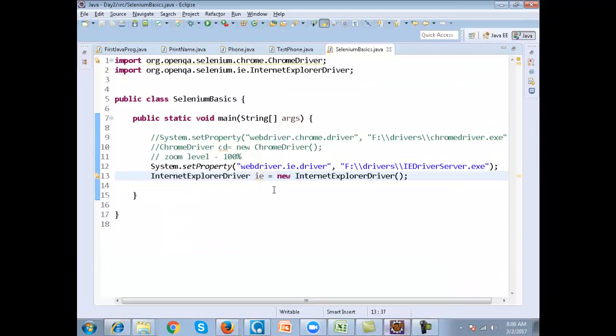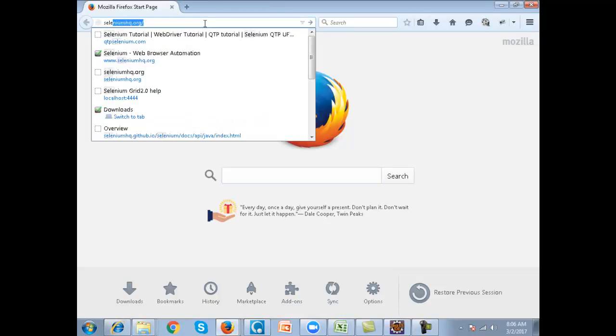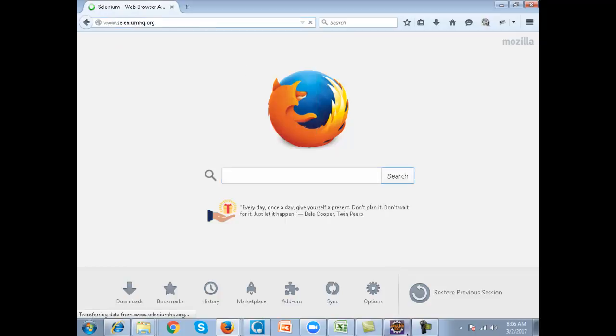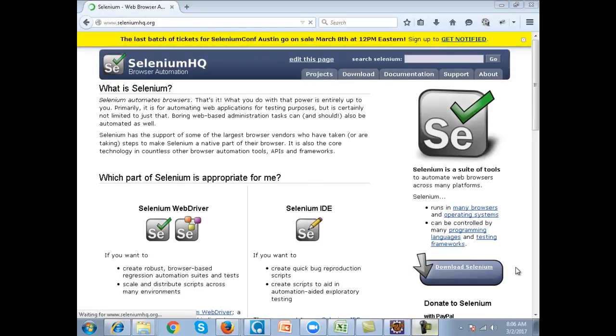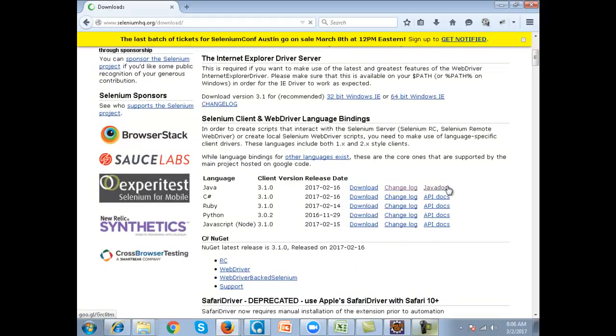Right. Now, yesterday I told you about the Chrome driver, the iDriver, right? There are many drivers in Selenium. You can go to the official website of Selenium, which is seleniumhq.org. Under the download section, you will see the link for Javadoc.